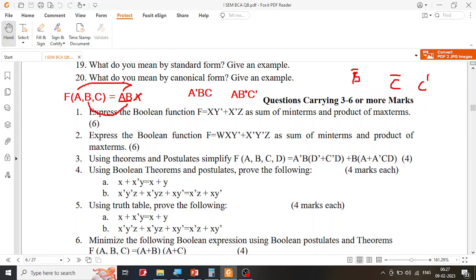Now if you look at here, the terms A, B and C are there. Also let me take one more term, A bar, B bar, C bar. This is also min term. Why? Because it contains all the three variables. We need all the three variables. Are all the three variables there? They are there. They are there in the inverted form, but they are there. So if you add them, each and every one of them is the product term. This is also product term. This is also product term. If you add them,